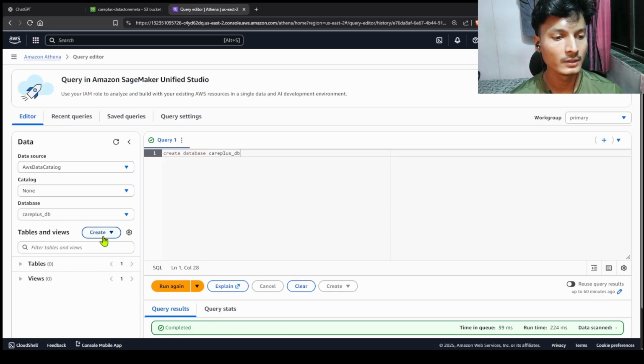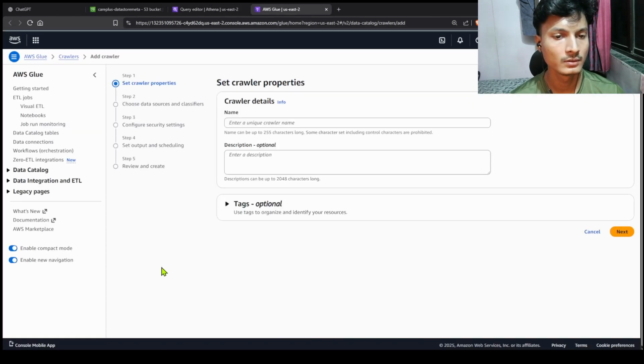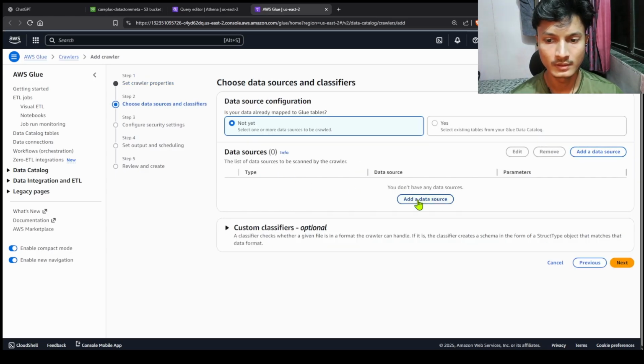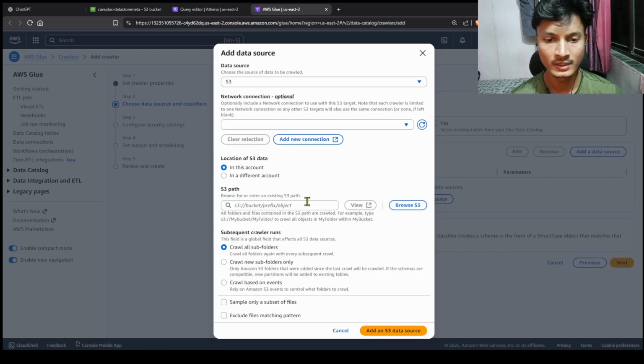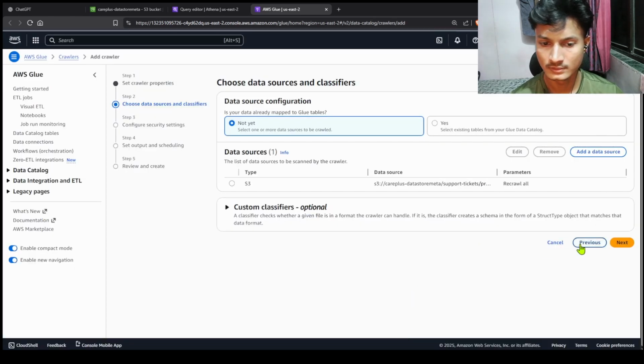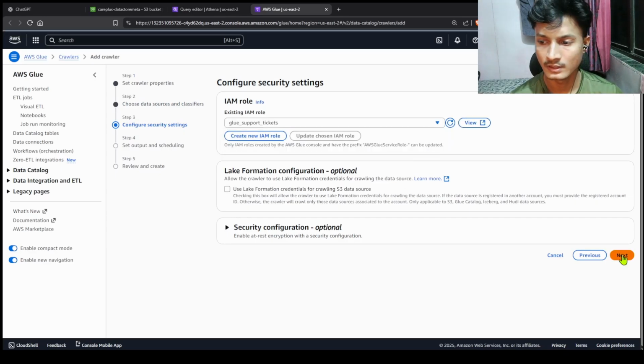So to pull the data, we will go to AWS Glue crawler. Here I will give a unique crawler name, let's say OK. And then I have to add a data source from where it will pull the data. So I have already done that, support tickets process folder. Okay, done. Now IAM role, it is by default glue support ticket, so let me select that. Next,